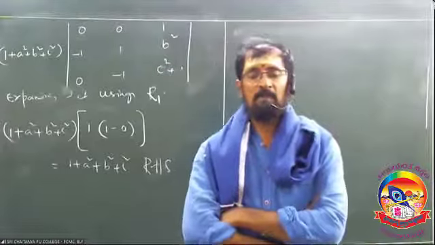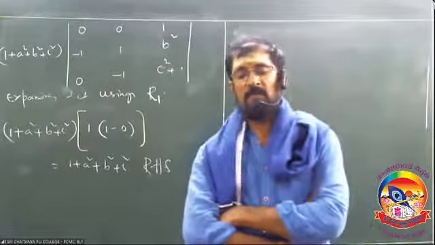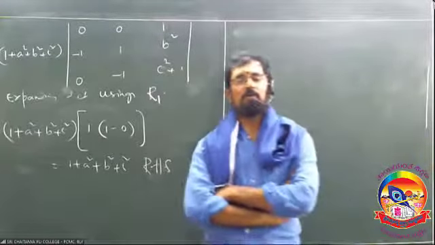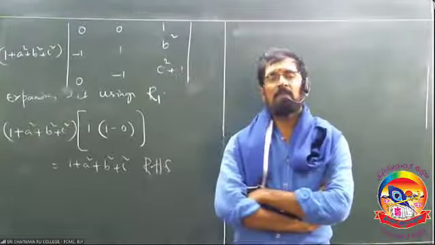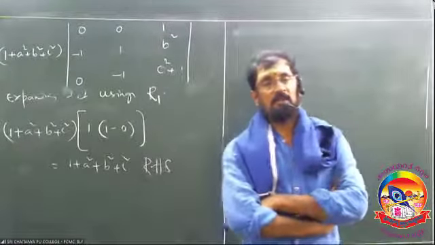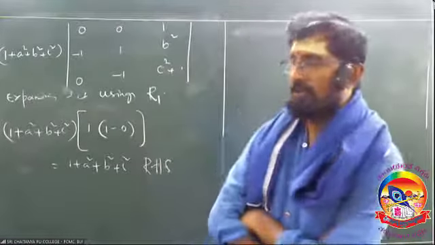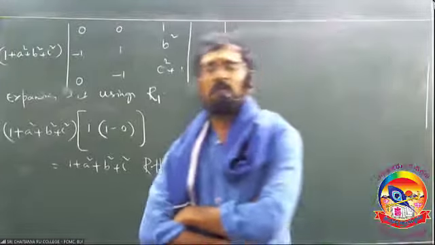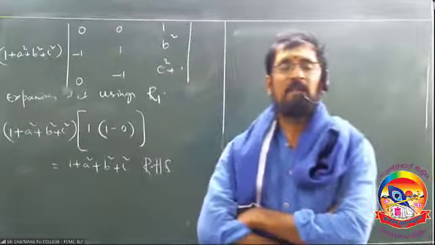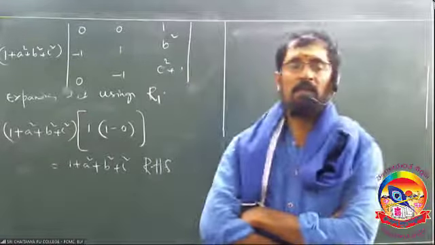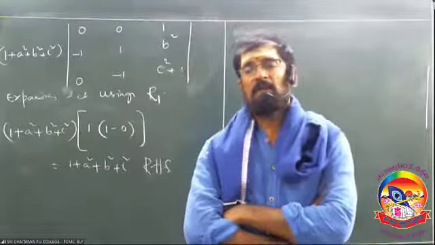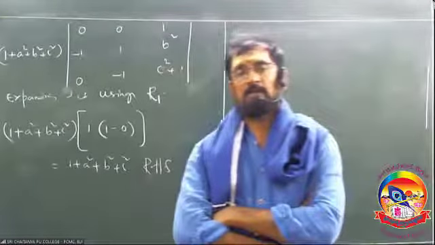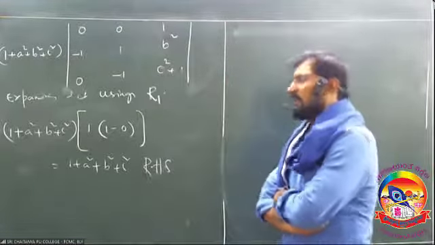I am repeating, these determinants are very important, okay? That means one question you are going to get, and it is mandatory to write in section E in PU, okay? So if you practice these 6 or 6 into 2, totally approximately 10 problems will be there. In the 8th problem we are having 2 problems, 9th problem we are having 2 problems. Like that, definitely you are going to get 10 questions, okay? In those 10, one question will come compulsory for 4 marks. And let us start the next exercise.